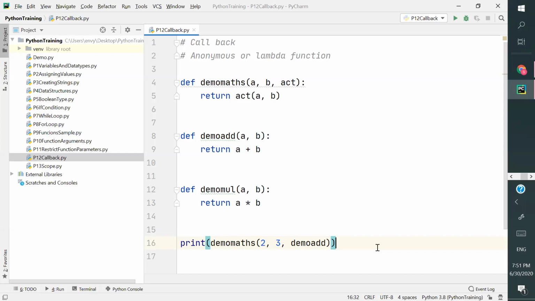So where can we use it? You can pass it anywhere, wherever you want. This is one of the examples. The best place where you pass these things is where we have some functions to filter the data or to map the data.